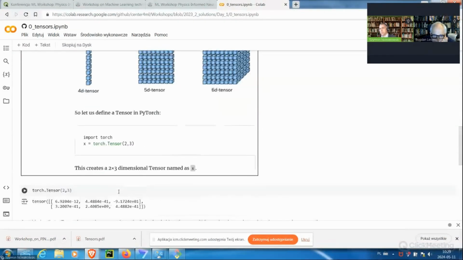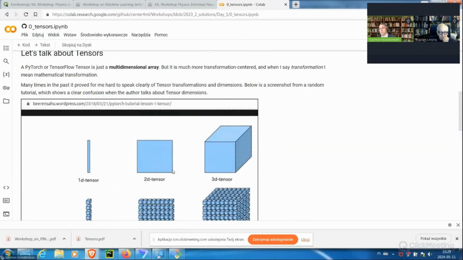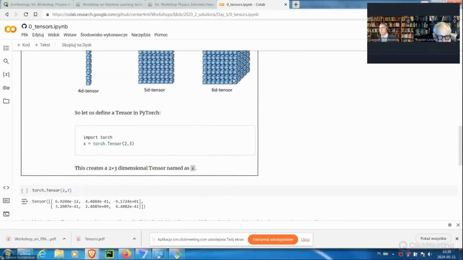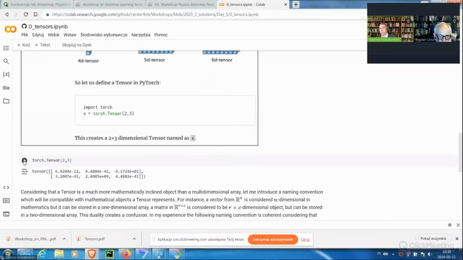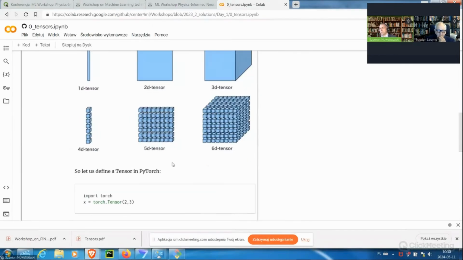So let's have a look at his tensor. This is the tensor that he created. Well, it is not a 6-dimensional tensor. It is a 2-dimensional tensor. It would be this guy here. So where is the confusion coming from? Again, to make it more clear, he's claiming that he created a 6-dimensional tensor, a guy like this. But in reality, when we run this cell, we see that he's creating this guy here. And the confusion is coming from the fact that he's mixing